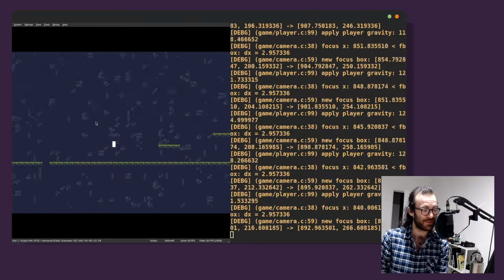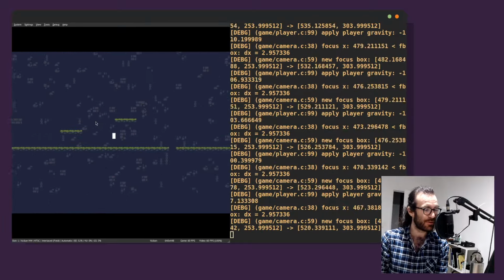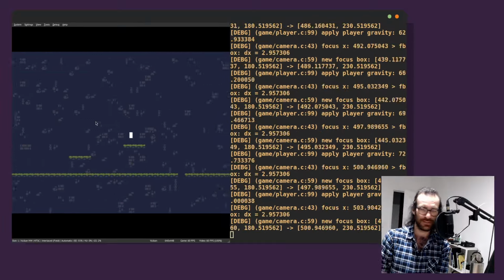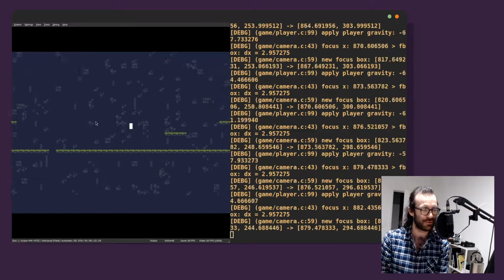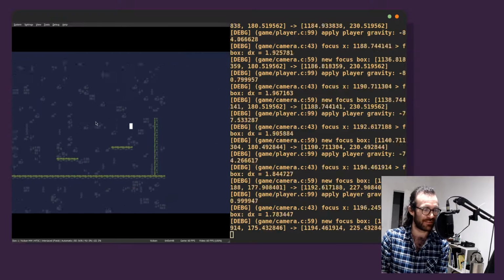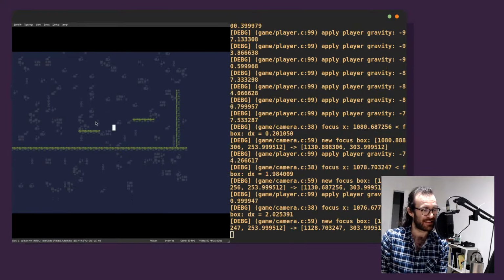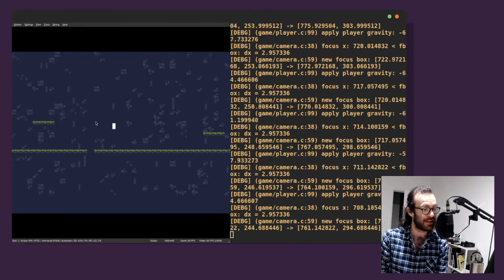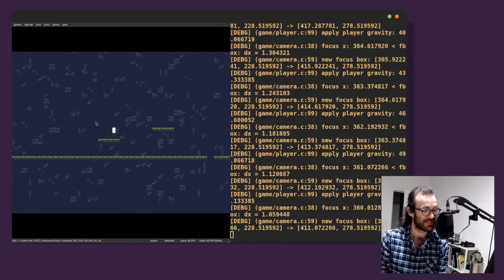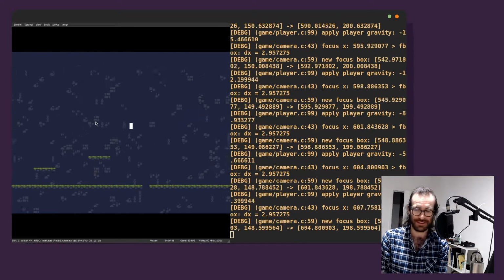So then the goal is, okay, we can load one. The goal is to unload this first room, and then load an additional room next to it, and then we have infinite scrolling, right? Maybe not. But that would be cool. That's a fun idea. That would be really nice. And it would be cool if we could load these tile maps from disk. That would be really beneficial as well, I think. But anyway,